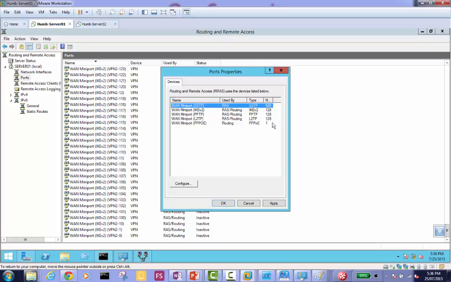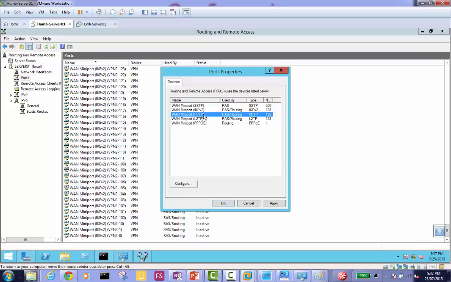So we can change these numbers according to the clients we have. These are IKEv2, PPTP, L2TP, and point-to-point protocol over Ethernet. Well, that's not the one. L2TP, PPTP, IKEv2 and SSTP. These are the four client settings. The clients may be configured with PPTP and they can connect to us.